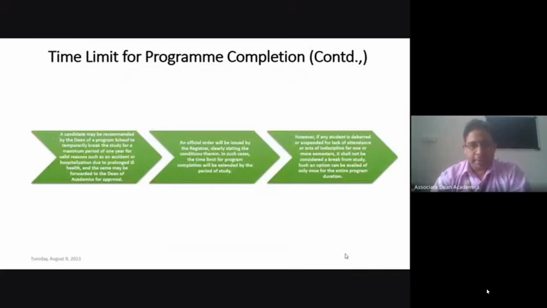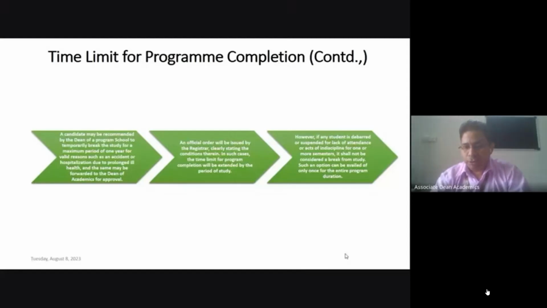The same point is applicable here. Any student can request a study break due to some medical reason or unavoidable circumstances. If a student could not continue his or her study for 1 year or one semester, we will allow them to continue after that, depending on the prior approval taken from higher authorities.